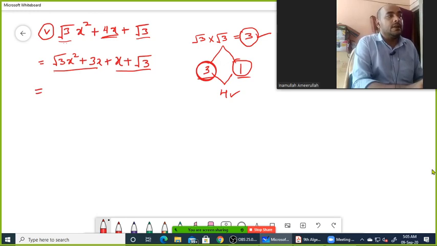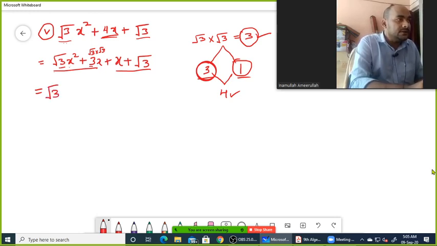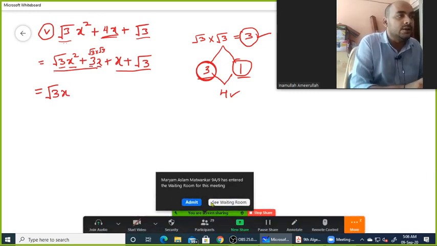In first two terms, root 3 can be taken as common factor, because here we have 3 and this 3 is actually root 3 into root 3. So here we have root 3 and with this 3 we have one root 3. So root 3 can be taken out as a common factor. This term has two factors of x and this has one factor of x. So at least one x can be contributed by both the terms. So we can take out root 3x as a common factor.